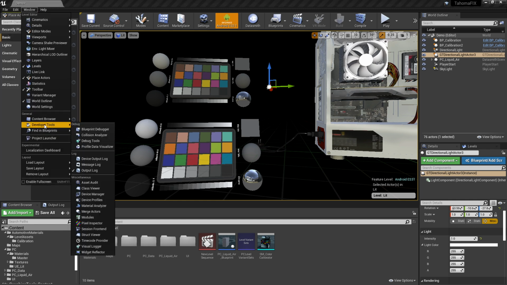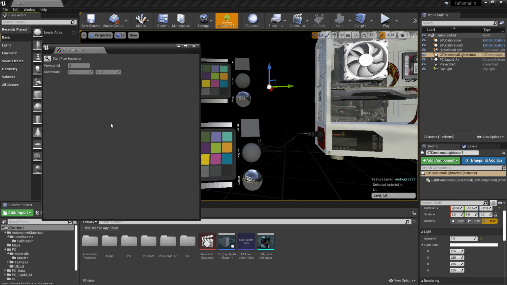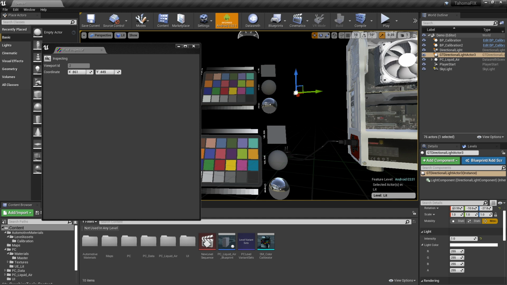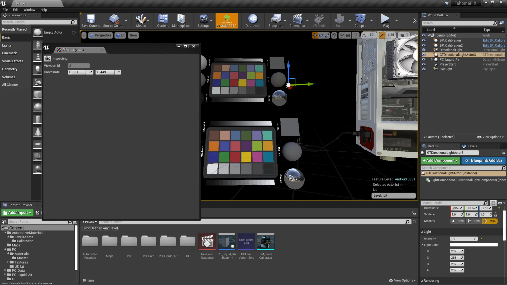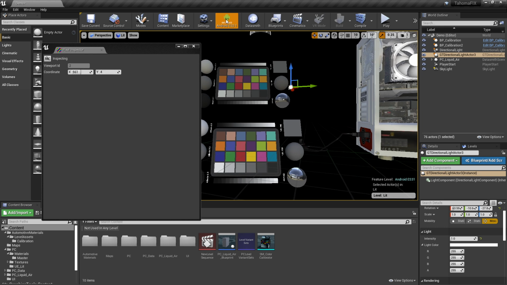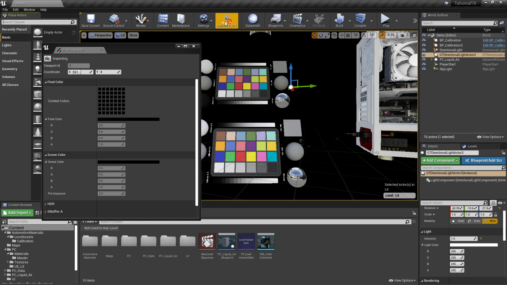So if you go to the developer tools and bring up the Pixel Inspector and we start to play this, it's going to give me just coordinates and not really kick back any color information. And the reason that it's doing that is because we're in the mobile preview mode. So as soon as we jump back to the desktop mode by muting that guy, you can see that it's now recording values, but the color changed a pretty significant amount between the desktop version and the mobile version.